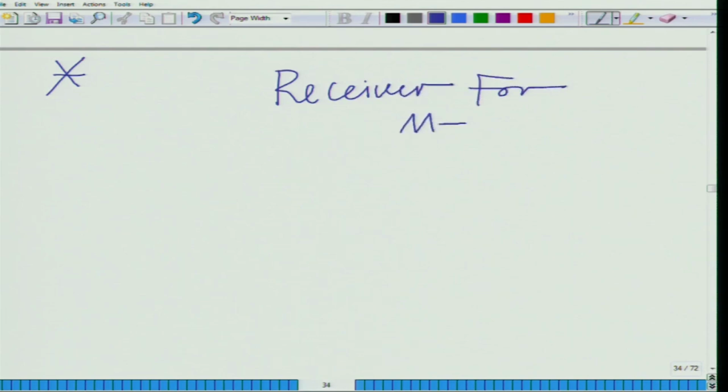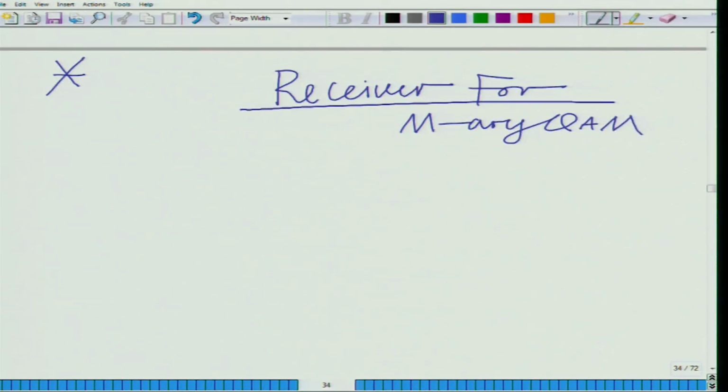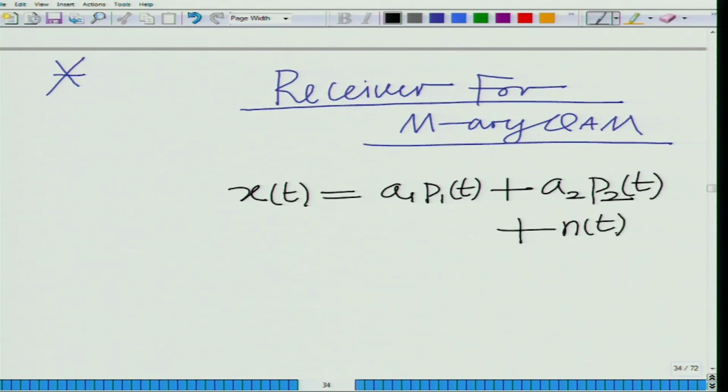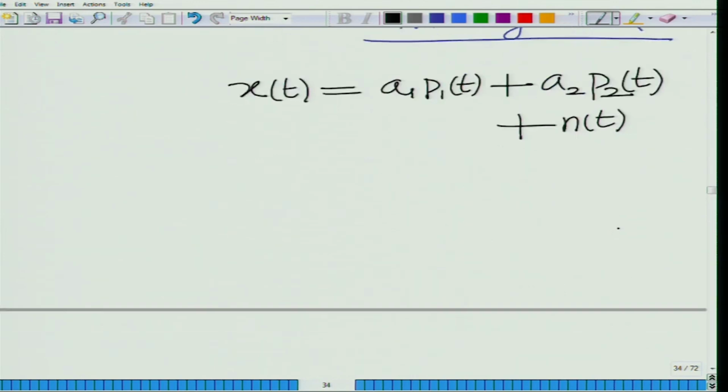The receiver for M-ary QAM, and in M-ary QAM, remember the transmitted waveform x t equals A1 P2 t plus A2 P2 t plus N t, which is the noise. Now, similar to QPSK, we match filter it. Similar to QPSK, we separately match filter